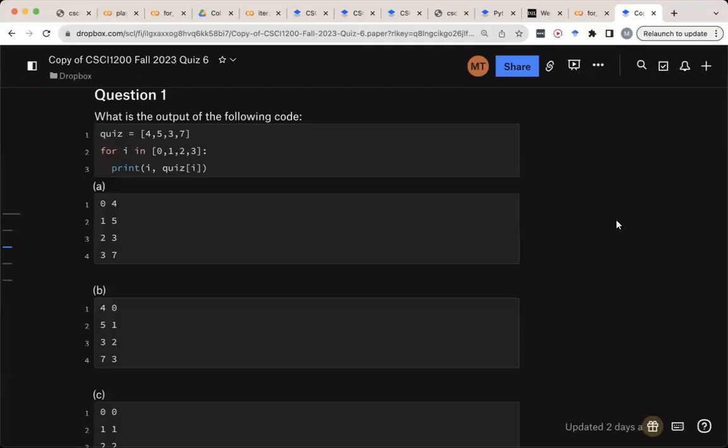Okay, now we're going to discuss solution to quiz 6 on for loop. So question 1 asks, what is the output of the following code? We have the first line, quiz equals a list which contains 4 numbers: 4, 5, 3, 7. And the second and third lines belong to a for loop. So we have for i in another list, 0, 1, 2, 3, and print i,